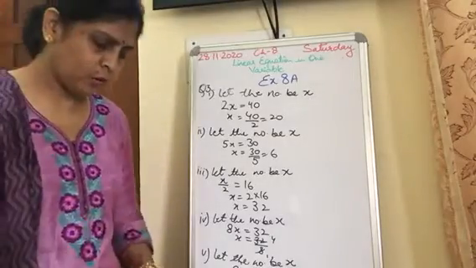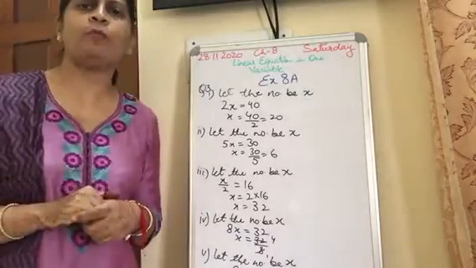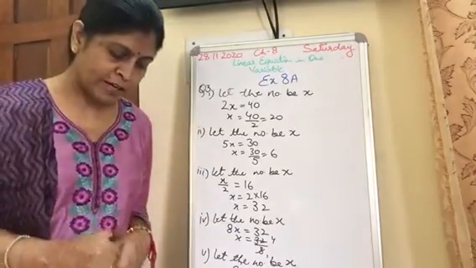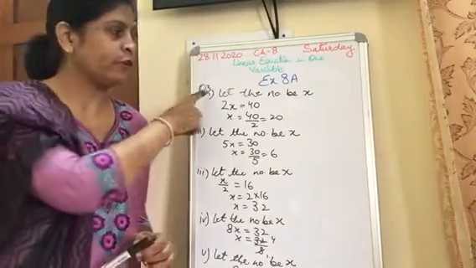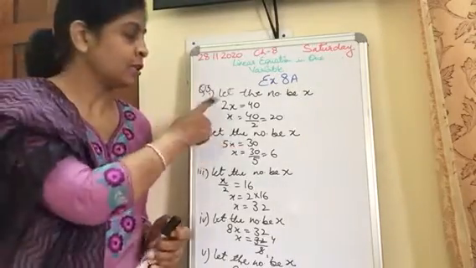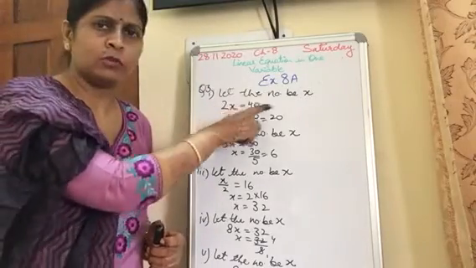Okay, students. Now, question number 3. These are in statement form and we have to solve them. Now, the first part says twice a number is equal to 40. So, first of all, the first line will be: let the number be x. Twice the number, twice means 2 times. So, 2 into x equal to 40.